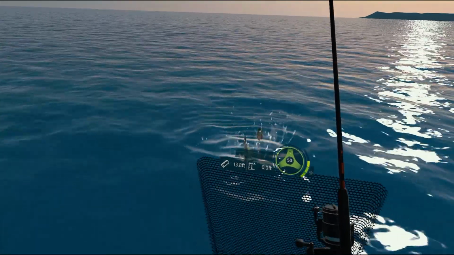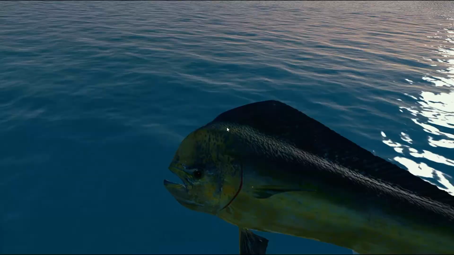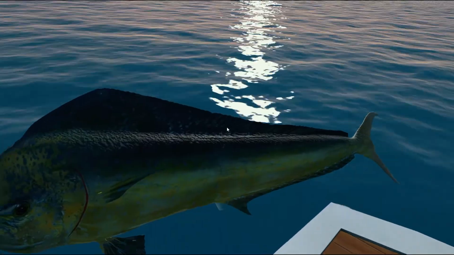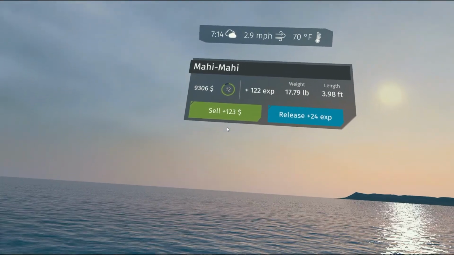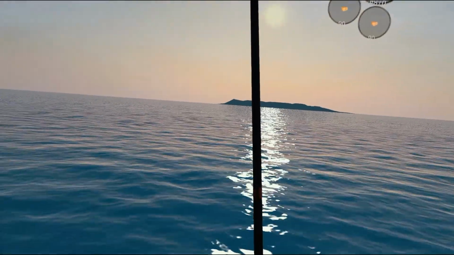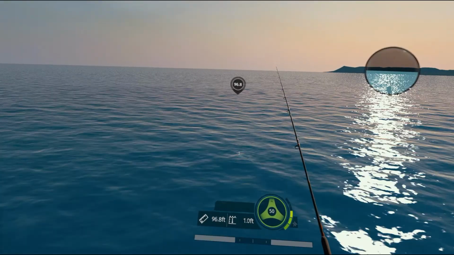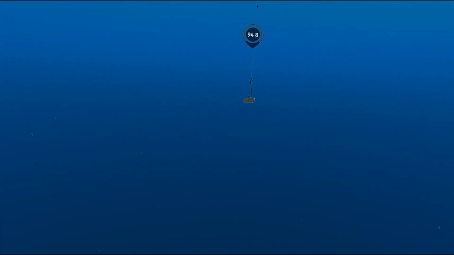More than anything right now, it's the level that we need. We need to get to level 13. Almost 18 pounds, we get $123. Now we just need to get to level 13. And that's why we came back to Pinehurst Ocean, to work on our level and funds so we can buy better equipment, because we need better equipment